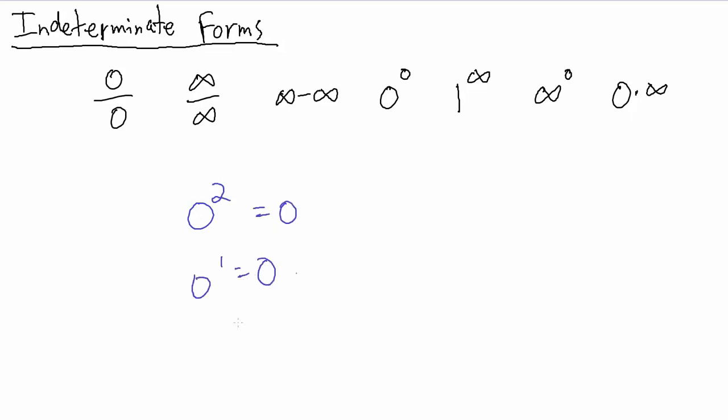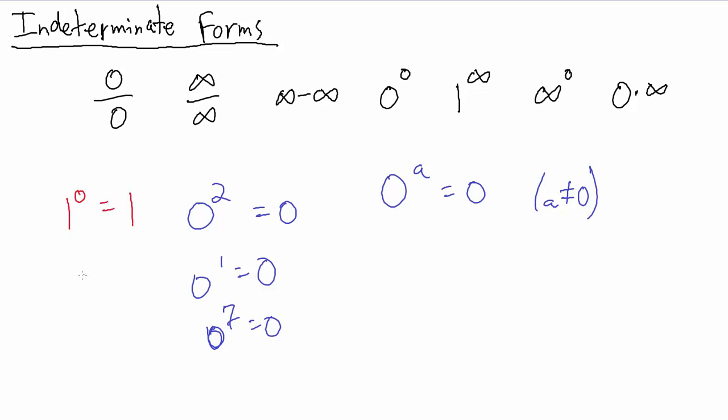0 to the first is 0. 0 to the 7th is 0, and so on and so forth. So basically, 0 to any power a is 0, as long as a is not 0. Okay. Now, what about something like